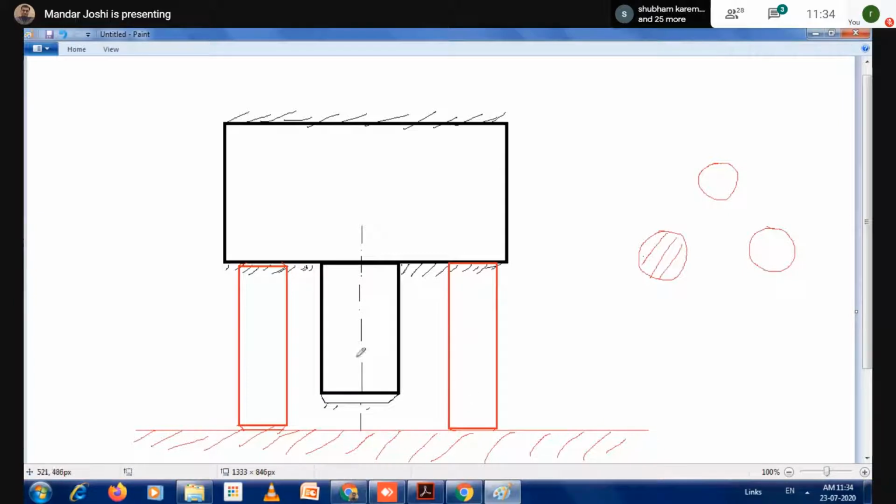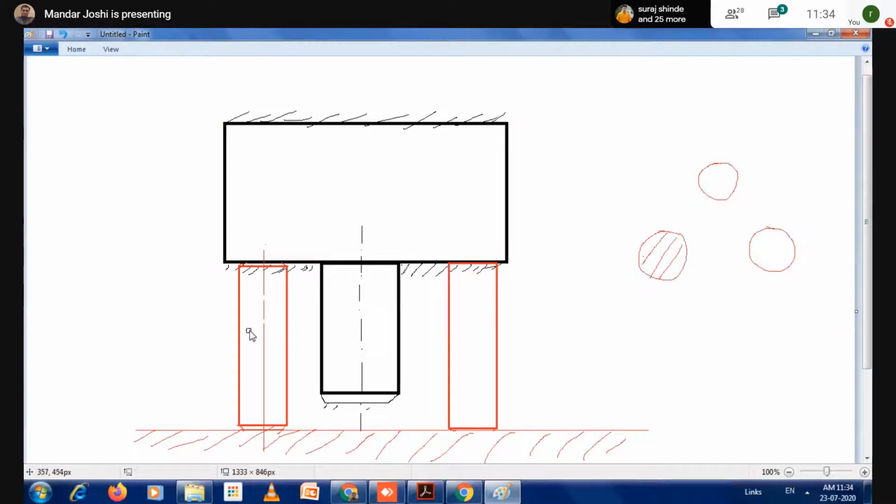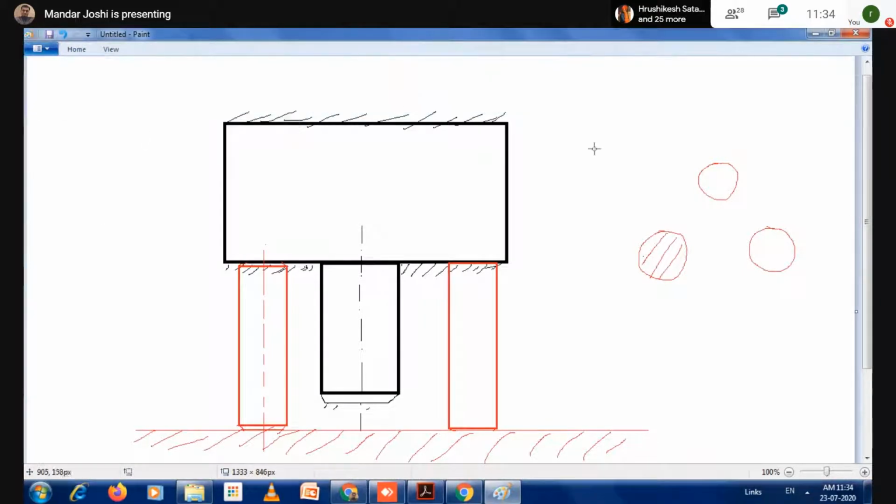So I put three pins here, like this, 1, 2, 3, and on the surface area of the pins, your object rests. That we call a datum target. The datum target is shown as a circular area, as circular pins. That's why the cross section of the datum target will always be shown as a circle.